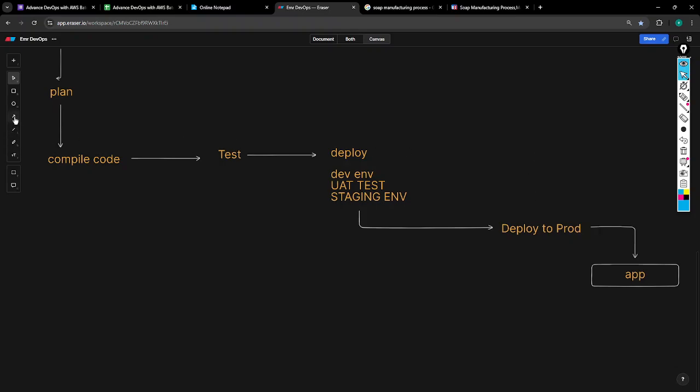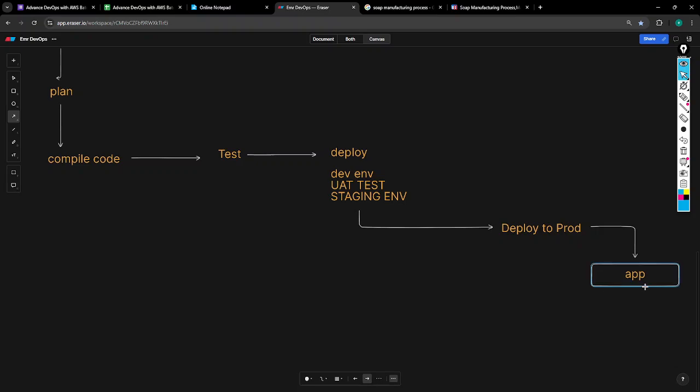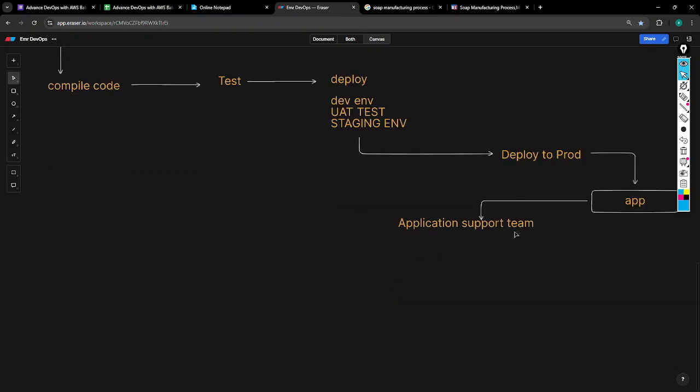There will be an active monitoring team we call the application support team. This team is going to monitor everything, the live application, what's happening.